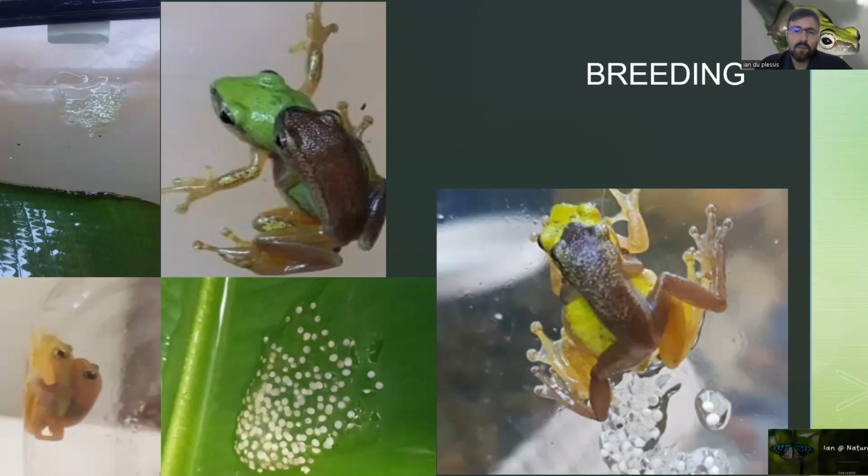In the Hyperolis marmoratus case, we have seen only amplexus, where the female lays the eggs and a male will sperminate over the eggs, fertilizing them. But with Pickergill's reed frogs, we've seen 3 different ways. The one, exactly the same as marmoratus, where the male will call, the female will find a suitable male. He will fuse himself onto the female, where she will lay the eggs, and the eggs will be fertilized while the male is still on the back and she's